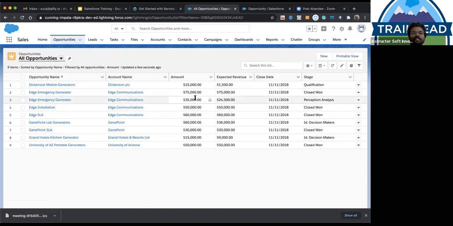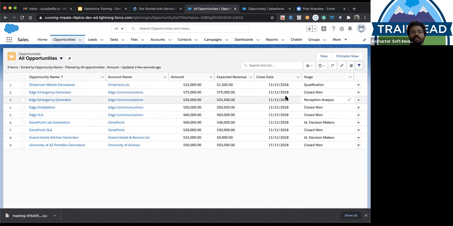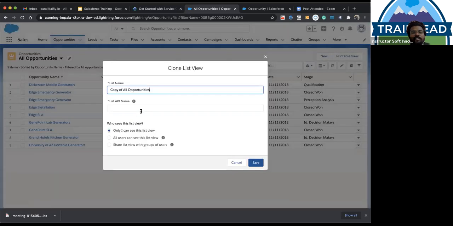So as you see, the list view has some settings. In the sense that a list view has a name, a list view has fields, and a list view also has filters. Suppose I want to copy these things and create a new list view that has all this configuration. At that time I will just go to the setting icon and hit the clone button. When I hit the clone button, I will see the cloning of the list view shown here,